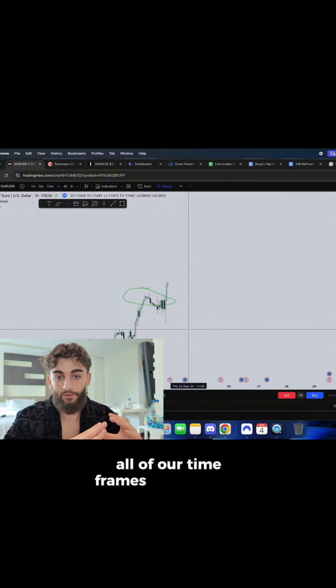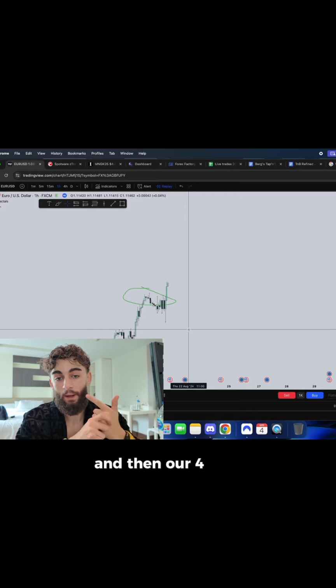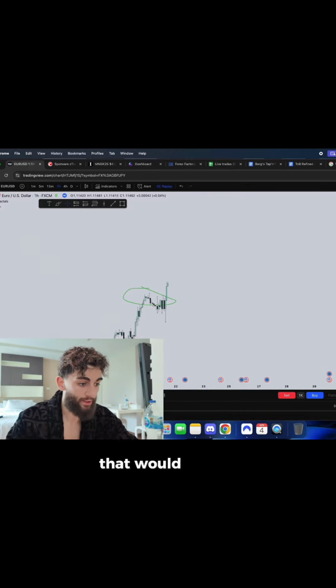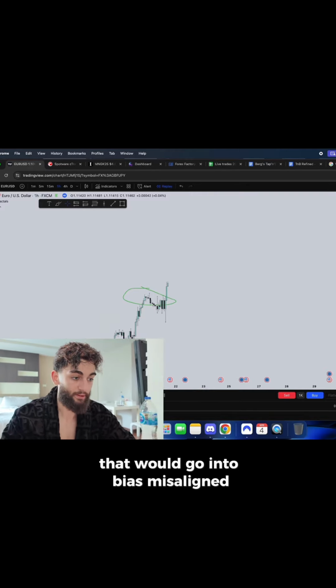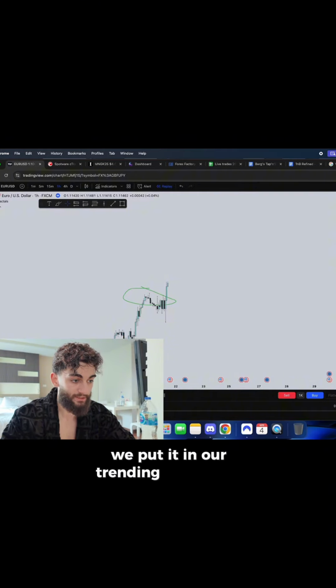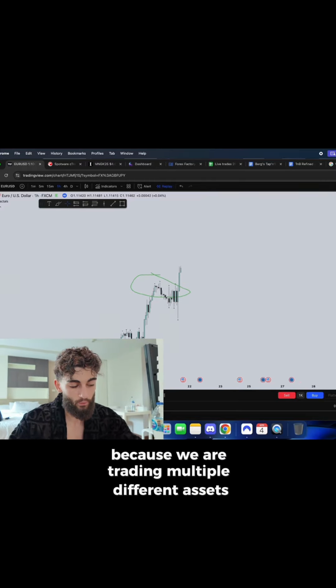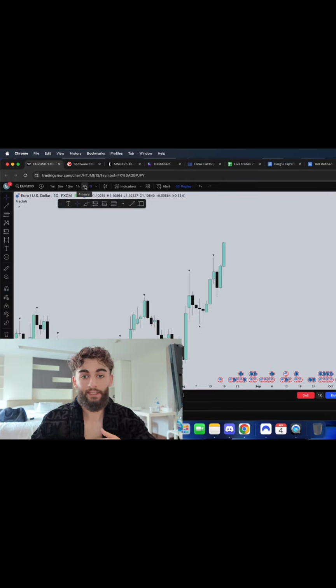All of our time frames have to align in order to do this. So if our daily is bearish and then our 4 hour and 1 hour are bullish, that would go into bias misaligned, and we would take the green tag off it. If we're bullish, we'd put it in our trending tab on the right here and slap it with a green tag so we know that we're taking buys, because we are trading multiple different assets and we don't want to get confused, okay? I day trade the simplest way